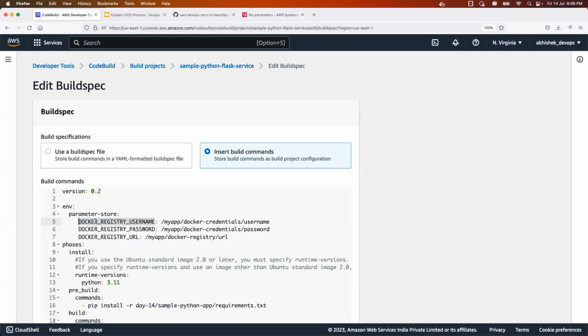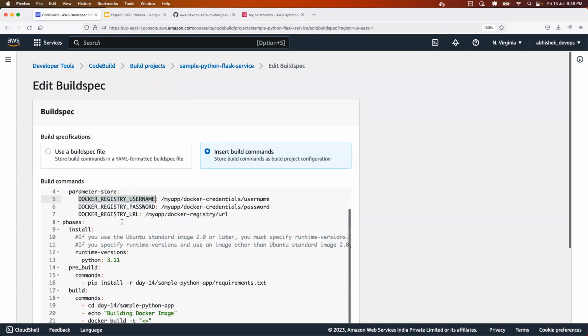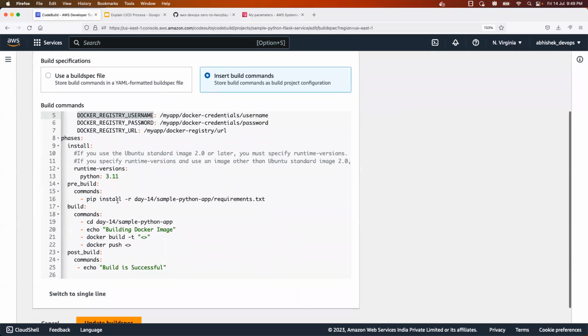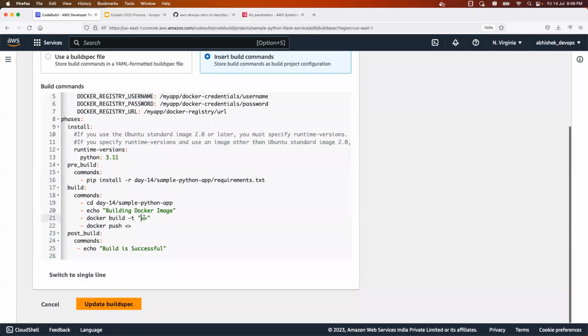So in my case, I followed the variable creation using the format Docker registry URL, Docker registry password, and Docker registry username. But you can follow any practice that you would like to. But make sure when you are changing these ones, you need to change them in the code that I'm writing here as well. So now what I'll do is I'll simply replace this one